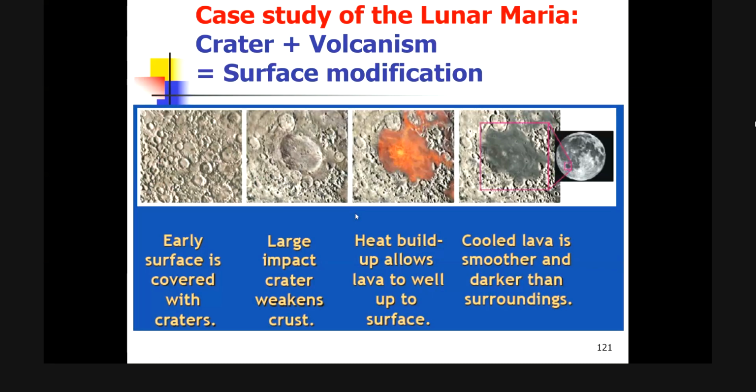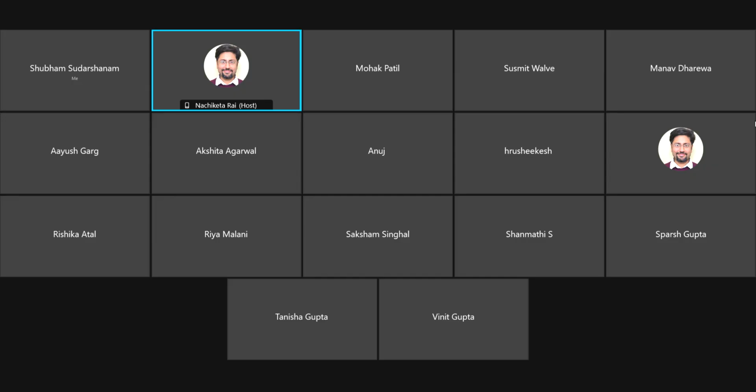And then we had dealt with this case study of the combination of impact cratering and volcanism on the moon. Right. So I'll stop over here and let's see. I hope at least some